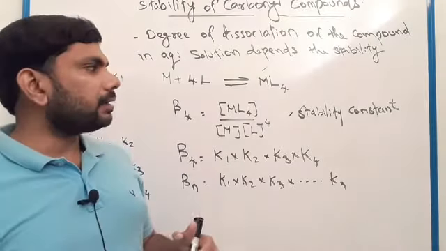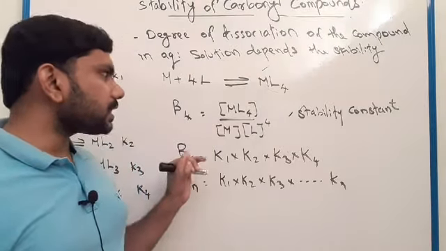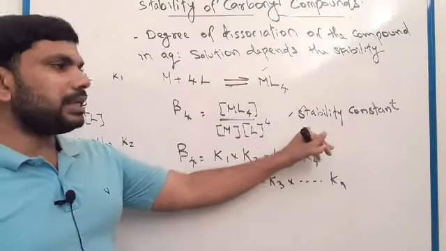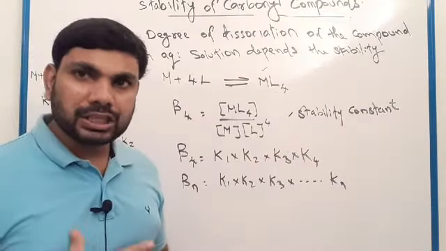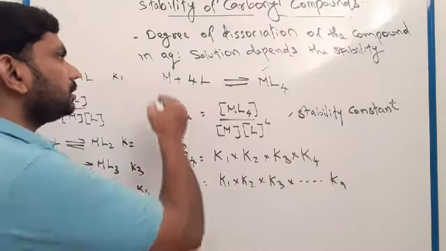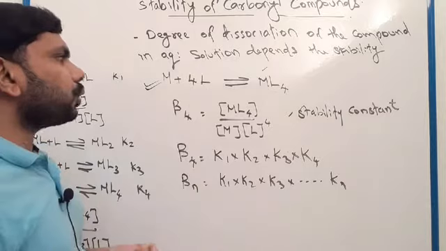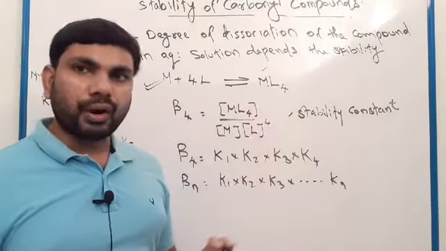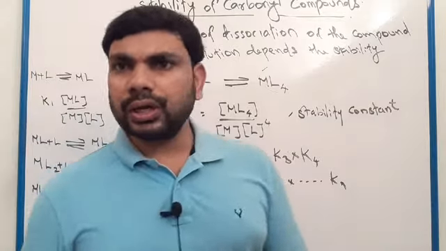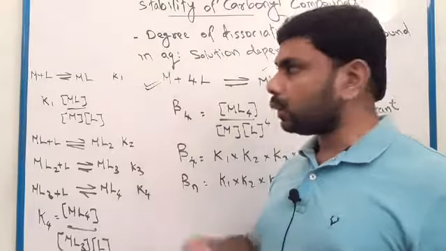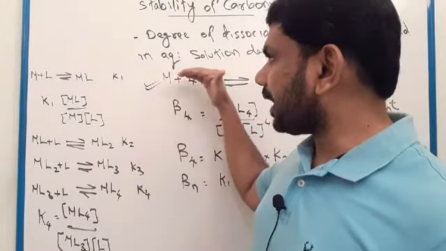So we can write down the equilibrium constant, and we refer to this equilibrium constant as the stability constant. Clear? So this is one chemical reaction in which a coordination compound is formed. Look here, metal and 4 ligands. So we can say this chemical reaction happened